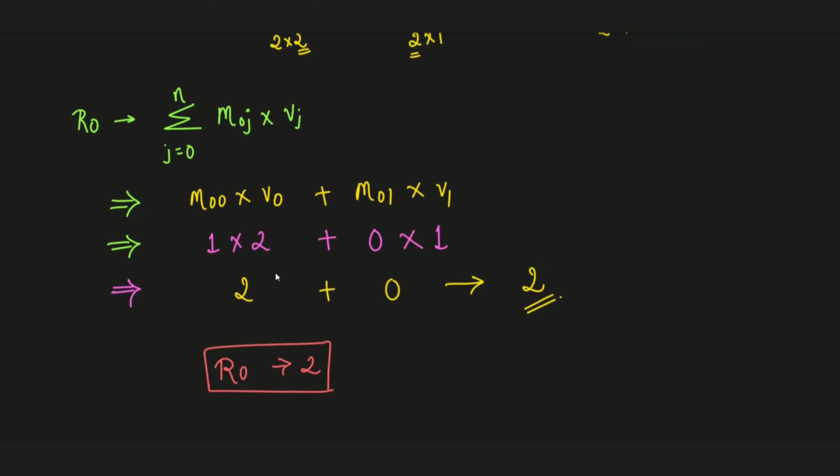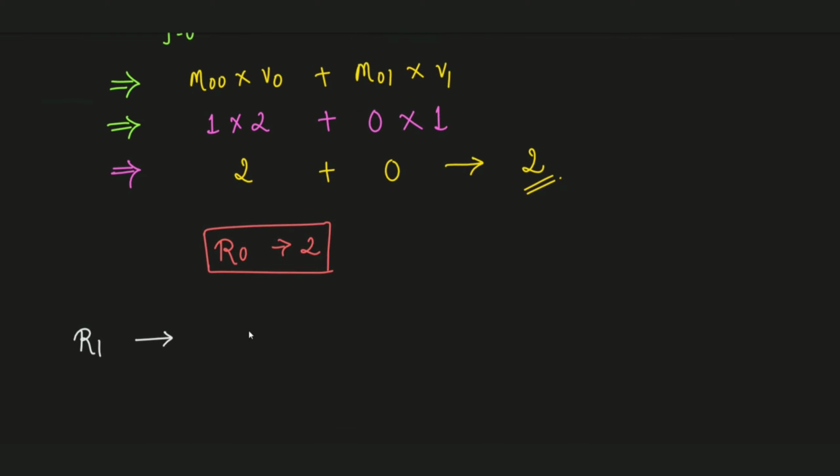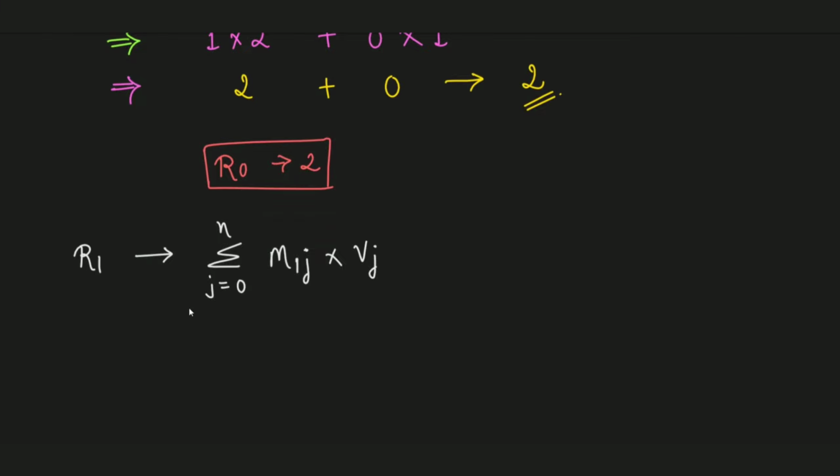Now let's move on to the first location, that is R1. Here you can see, as per the logic, we are going to look at row number 1 in the matrix. So the logic changes to summation of j equals 0 to n. This time instead of M0j we will write M1j, because we are dealing with the first row in the matrix, multiplied by Vj. Now you can see over here the j value will range from 0 to 1 only, because there are only 2 elements. So first it will be M10, because the j value is 0 now, multiplied by V0, plus second